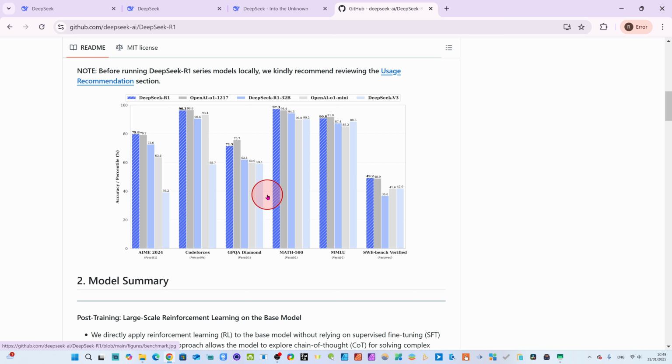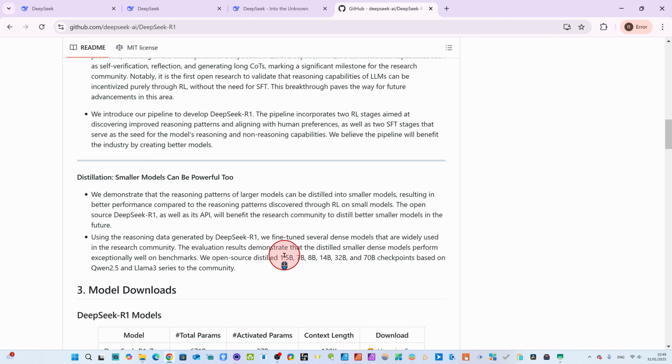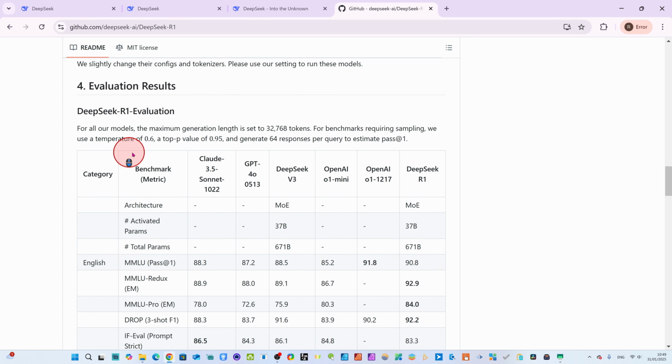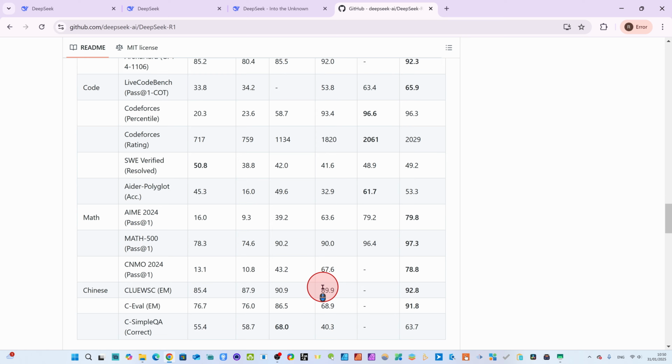It's a big hope and a dream for us, this DeepSeek AI. It's AI we can use for our daily tasks, dear friend. It's totally free. From here you can check all types of evaluation reports. Here is the DeepSeek R1 evaluation report, the benchmark metric categories here, and you can compare with ChatGPT, dear friend.